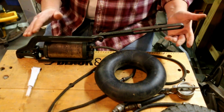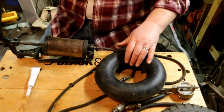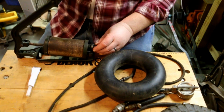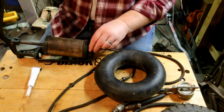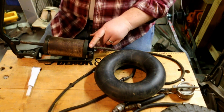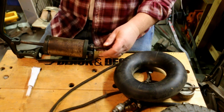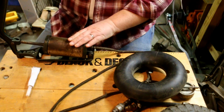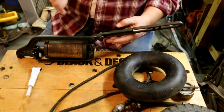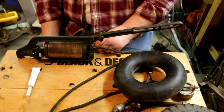Taking the opportunity to use this Inland Pump Manufacturing Company tire pump. First time I tried using it, it wouldn't pump at all. And I thought, well, maybe the check valve's bad. Then I took off this fitting and realized that this fitting was loose. Go figure. I think this hose was designed to be taken off. This was put away by folding down, removing this pin, letting this handle flop back, and then you put it in the boot. Because the way you used it,